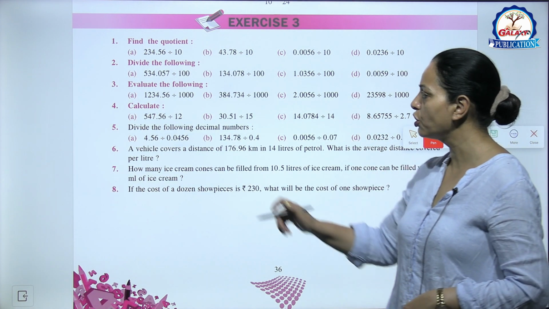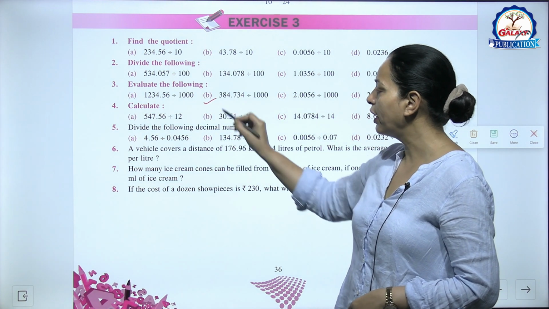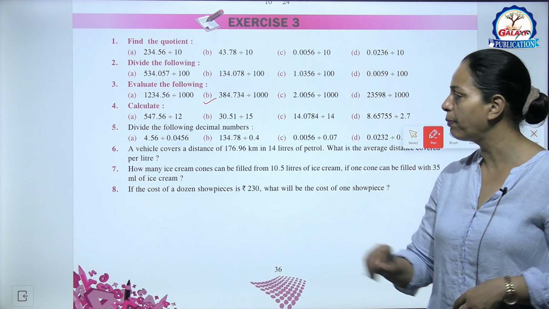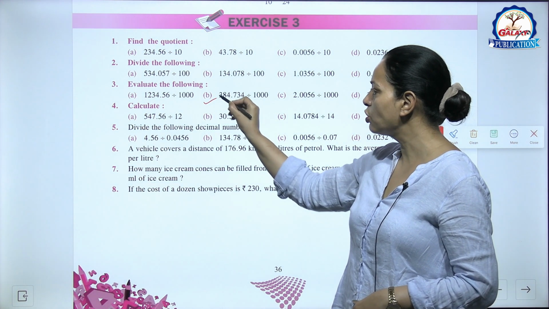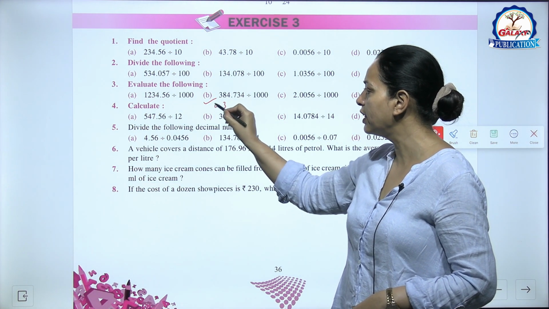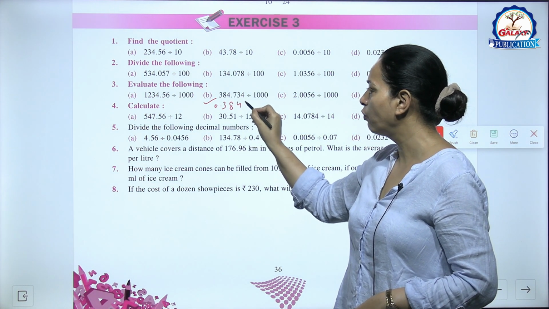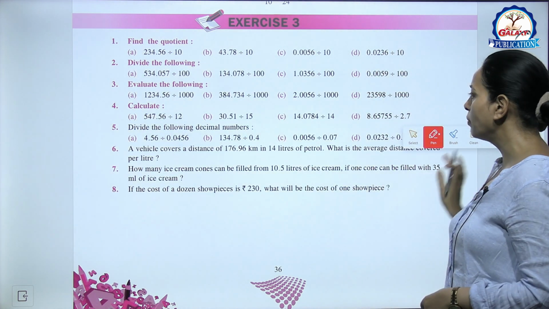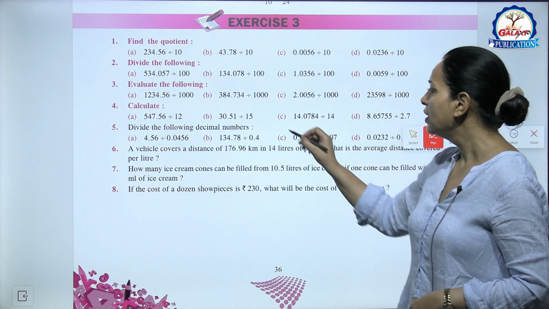Now the third question, evaluate the following, like here B part, 384.734 divided by 1000. So shift decimal towards left by 3 digits. So 0.384734 is the answer, right? Now come to next fourth question here. C part